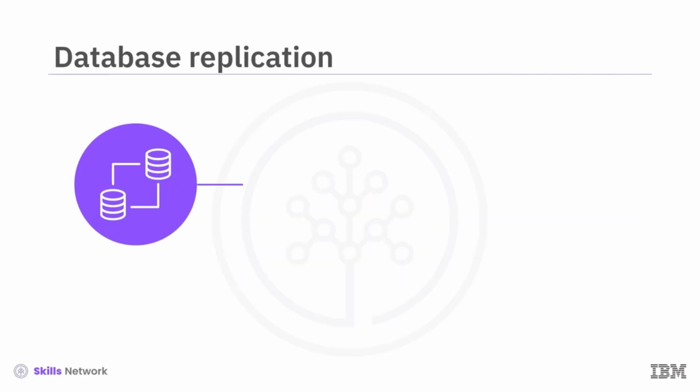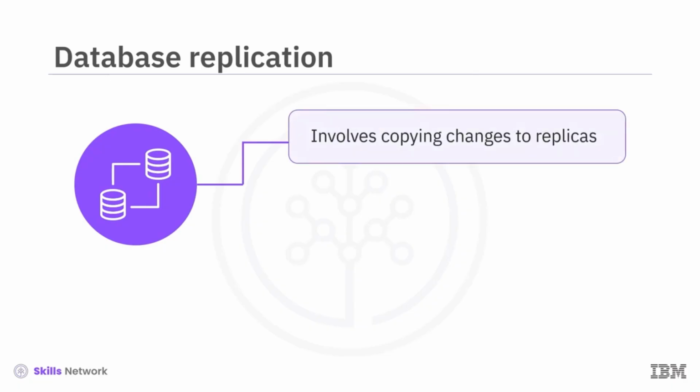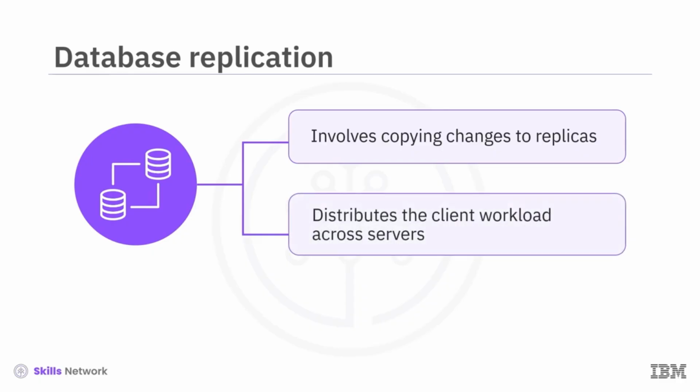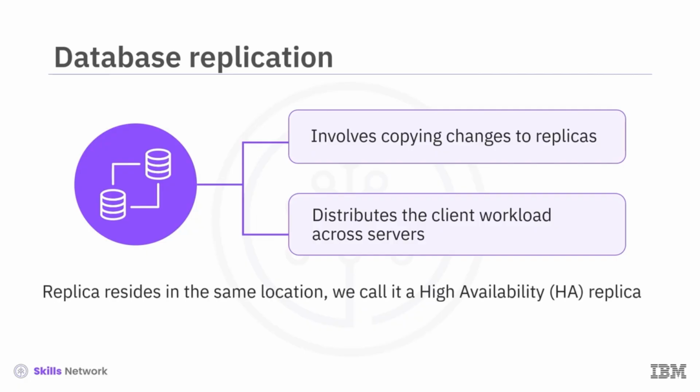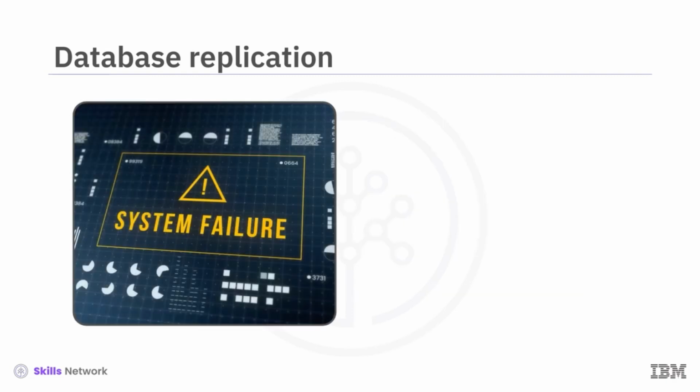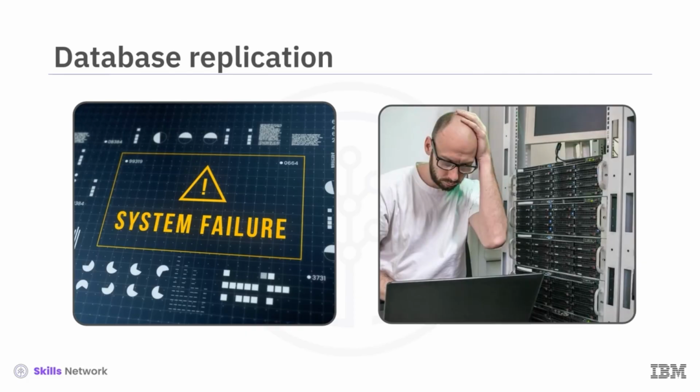Database replication is a technique that involves copying changes from one database server to one or more replicas. This process distributes the client workload across servers, leading to improved performance. When the replica resides in the same location, we call it a high availability (HA) replica. If the primary database server experiences a failure due to software or hardware issues, the system redirects clients to the HA